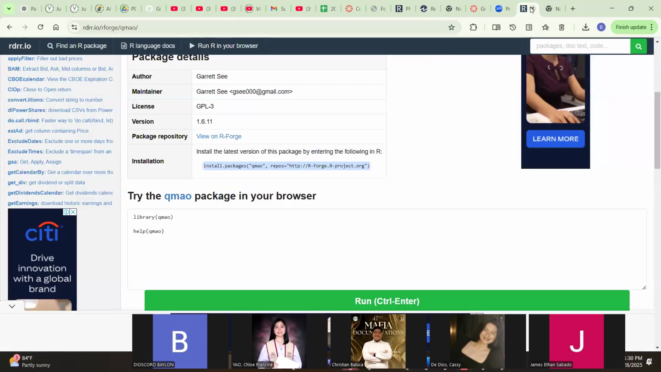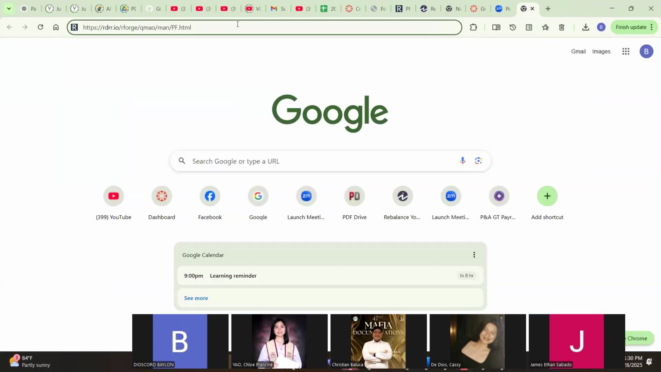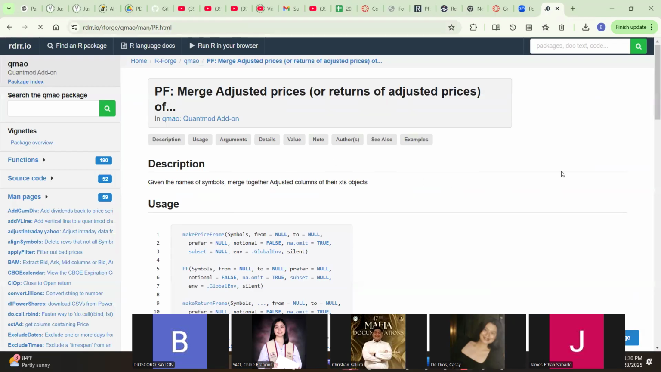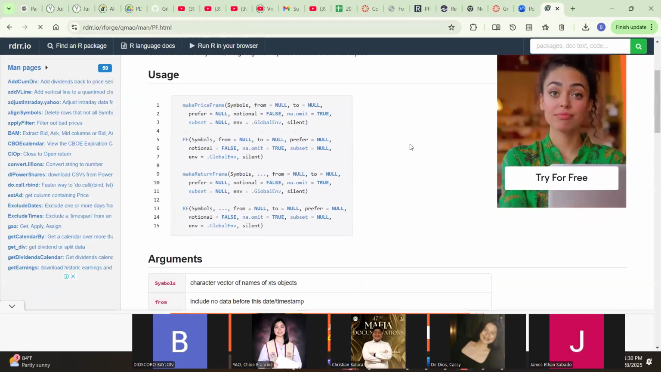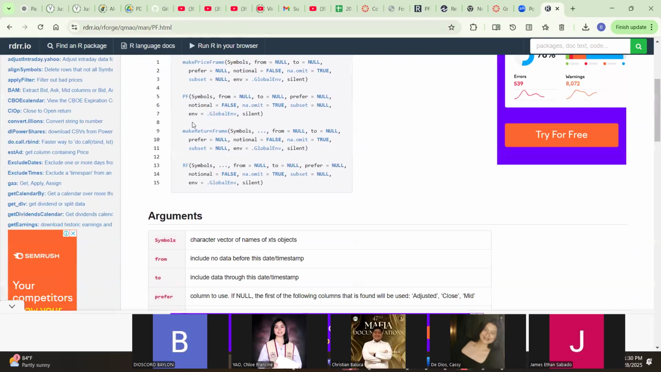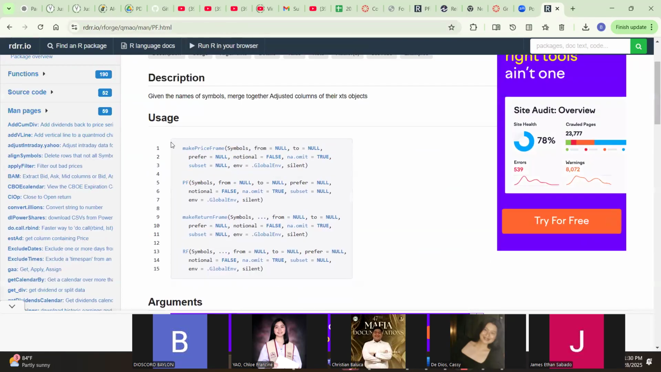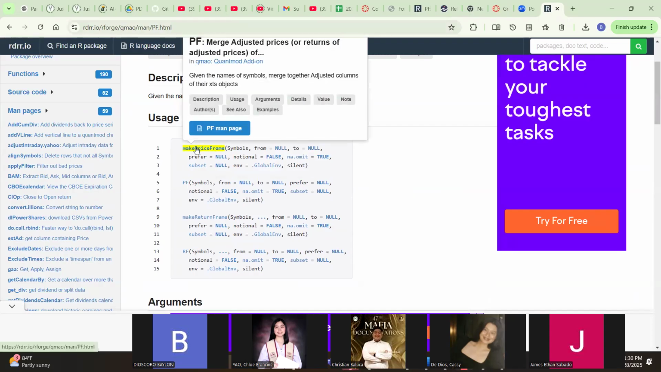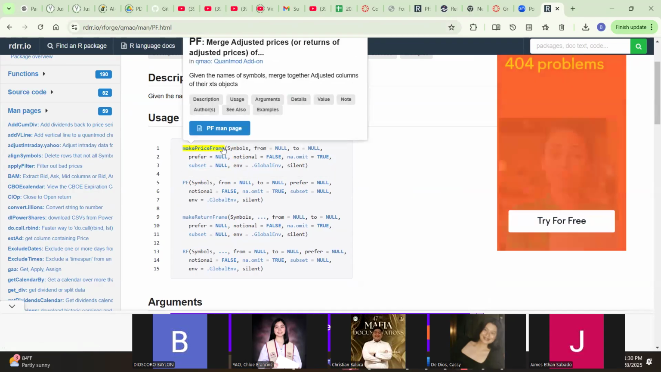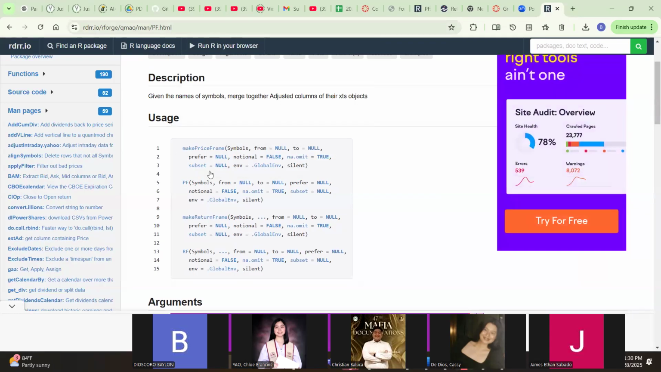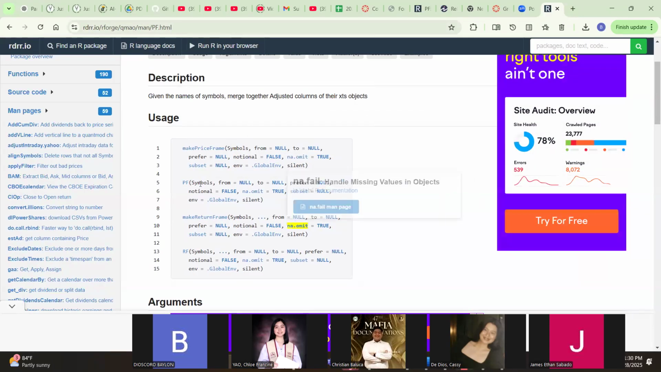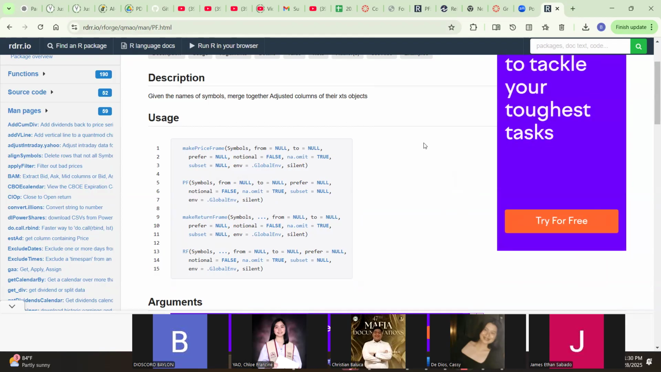Going to close this and run this. Control Enter. So this is all about some functions in Quantmod. You have this one, make price frame or PF. They're the same. They will generate the same results, PF. Okay, so if we go to our code again,